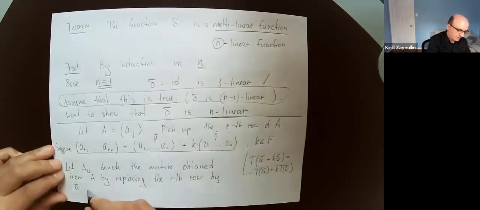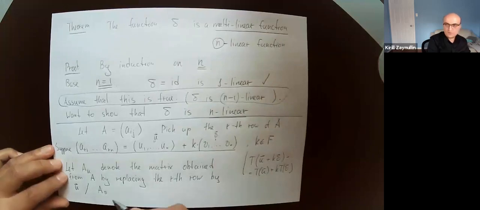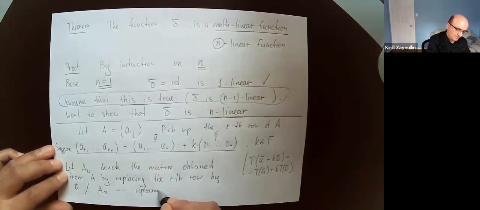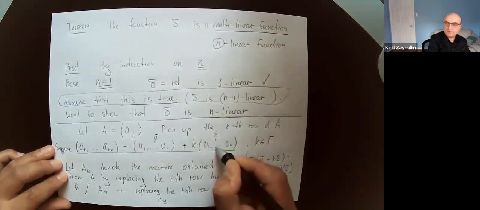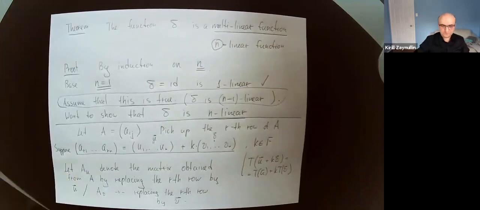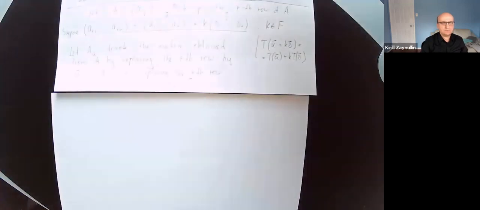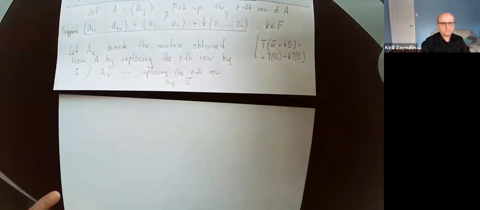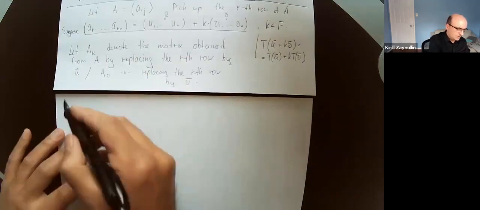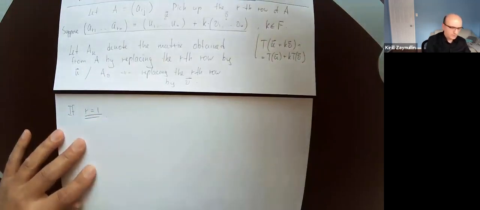And similarly, let A_V denote the matrix obtained from A by replacing the rth row by the vector V. So just a convenient notation. Now, let's just remember this. Then, say if r is 1, if you're just talking about the first row, well then